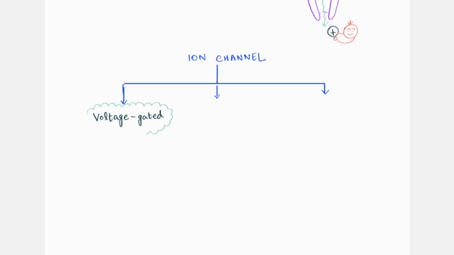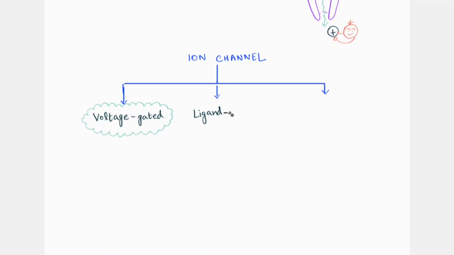The second category is ligand gated. Now, what are ligands? It's simple, really. Ligands are actually chemical molecules. It's sort of like a hand that fits into a glove, right? Or a piece of a puzzle that fits into another piece. So the ligands are chemical molecules that fit into their specific co-molecules, known as receptors, and they cause some sort of structural conformational change in the receptor, and that leads to a cascade of things happening, and the cell gets all excited, and so that's basically the function of a ligand.